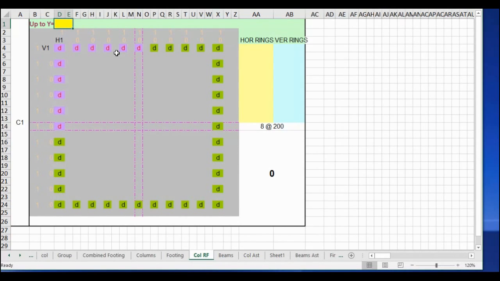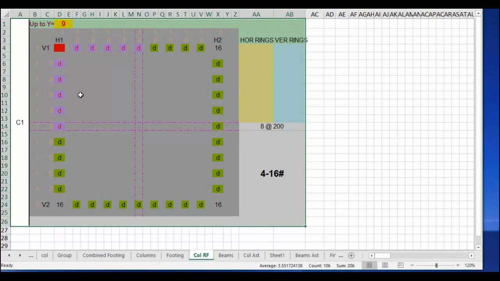In my file the terrace level is 9 meters. Here we need to assign the size of the bar. I am selecting 16 mm bar. It is displaying 4 number 16 dia provided. Stirrups it will show 8 at 200 mm center to center by default. If you need you can change the value.